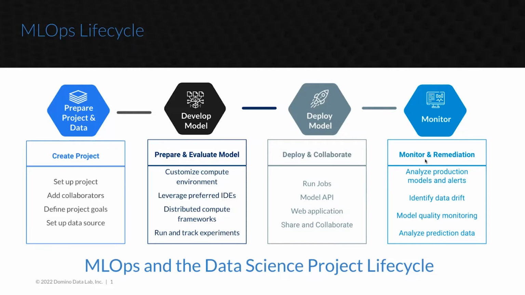And then lastly, really is the monitoring aspect of it, where we're going to look at how we can analyze production models, whether that's data drift, when we're looking at training and prediction data sets for data drift. And then for model quality, we're looking at, for example, the predictions themselves with respect to the actuals, which is what's called the ground truth in the industry as well. And just be able to analyze that.